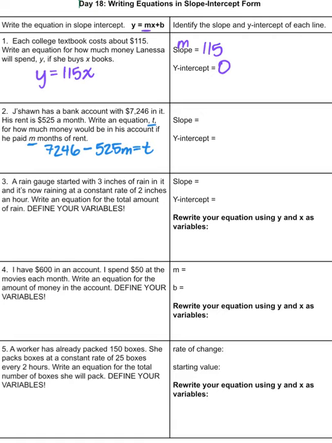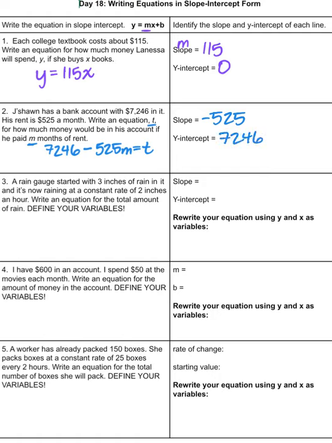So my slope, we said, would be the pattern, the thing that's happening over and over again. And what's happening over and over again is that he's subtracting $525 a month. And I need to know that it's subtracting because that means the amount is going down. So I'm going to say negative 525 is my slope. And my y-intercept, I said, was my initial amount, the starting point. So he started with